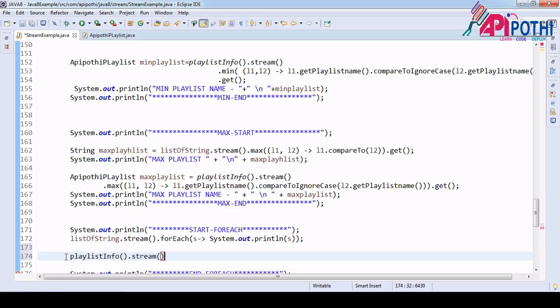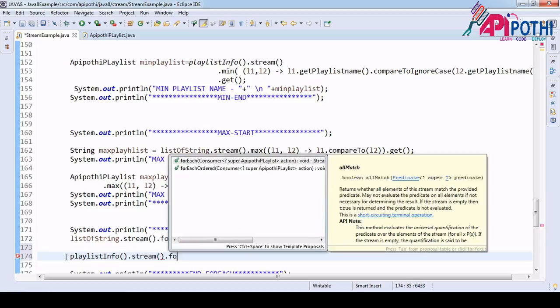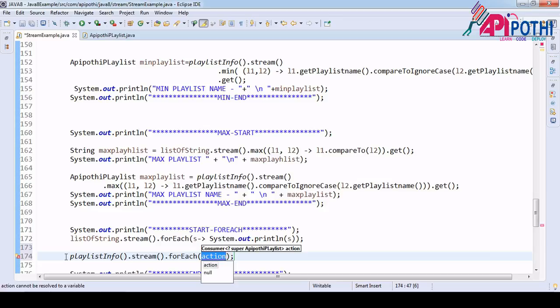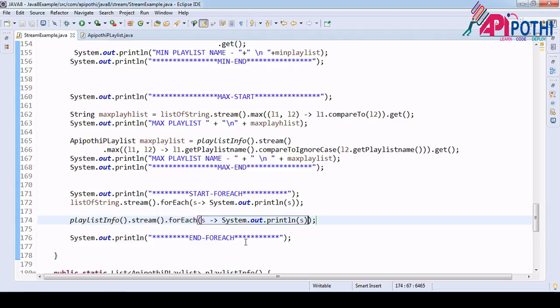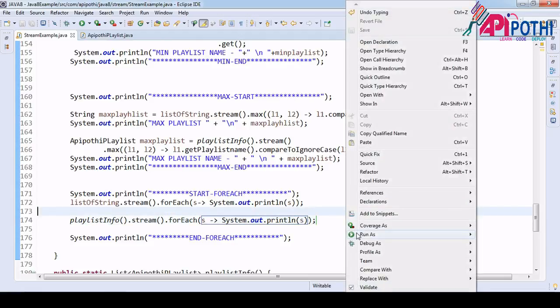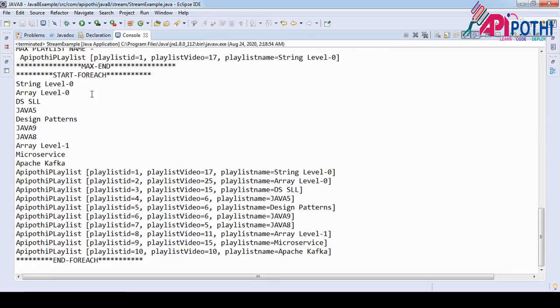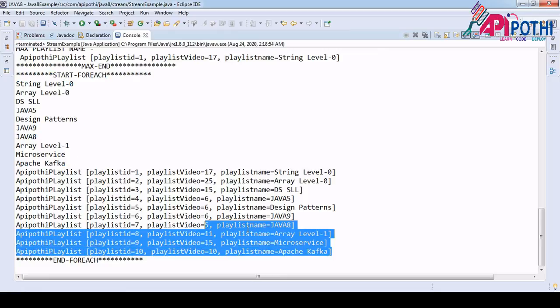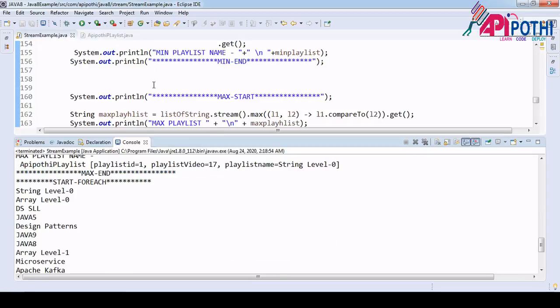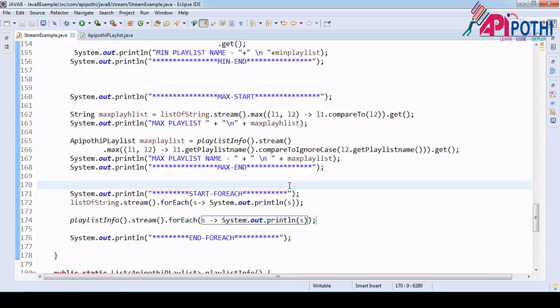Okay, inside the stream dot for each, print this as, that's all. If you right click, run as Java application, you will see for each. If you see here, start for each, so it is printing all the data from the playlist, and all the objects it is printing. This is one way to use the for each.